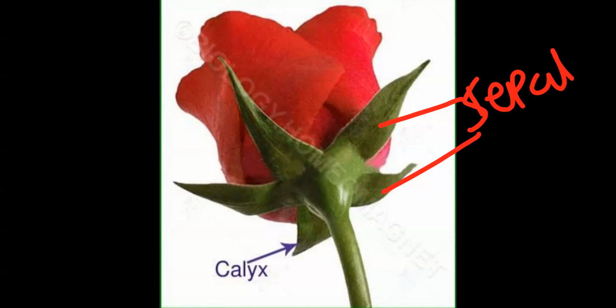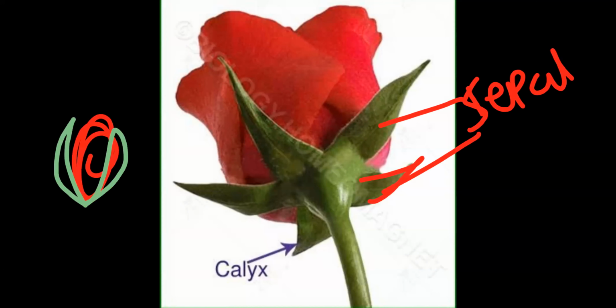Now, the sepal structure is greenish in color, leaf-like, and it protects. Just now we have seen one picture where one of the flowers is in the bud stage. The outermost whorl is the calyx. When a flower is in the bud condition, meaning closed condition, not an open flower, at that time the calyx gives the protection. Calyx or the sepal gives protection when a flower is in the bud stage, closed stage.